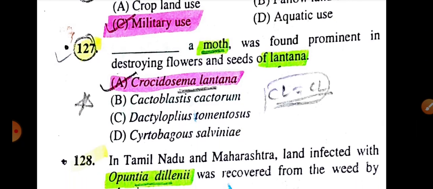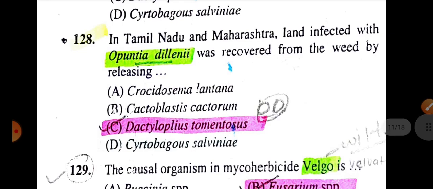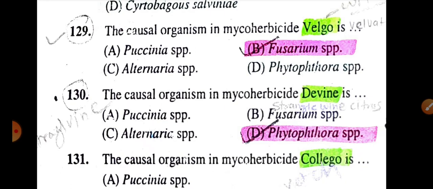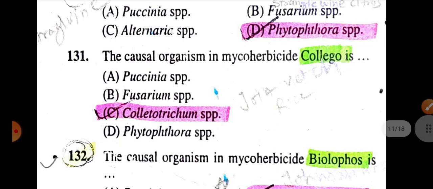Crocidosema lantana, a moth, was found prominent in destroying flower and seed of lantana. In Tamil Nadu and Maharashtra, land infested with Opuntia dillenii was recovered from weed by releasing Dactylopius tomentosus. The causal organism of mycoherbicide Velgo is Phytophthora species, Collego is Colletotrichum species,